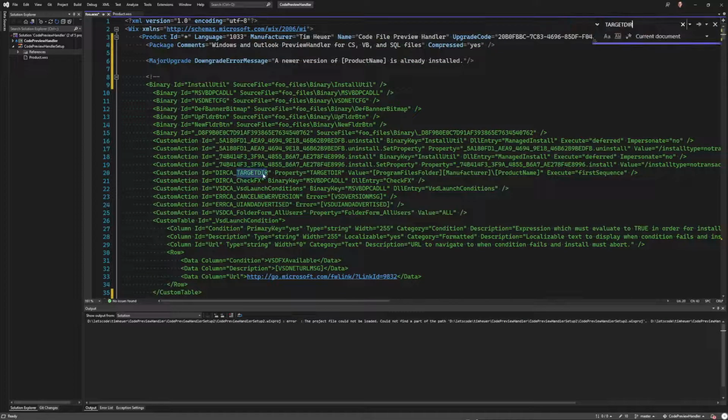So if we go up and search for target dir, looks like line 20, right there. So essentially they're saying during the initialization of your MSI, I'm going to run this value that says assign this variable this value. So it's going to take the square bracket syntax, resolve all those things to program files folder, manufacturer, which is specified whatever value is there, and then product name, which is whatever you have in product name. Stick all those together and say I'm going to set the target dir to that location